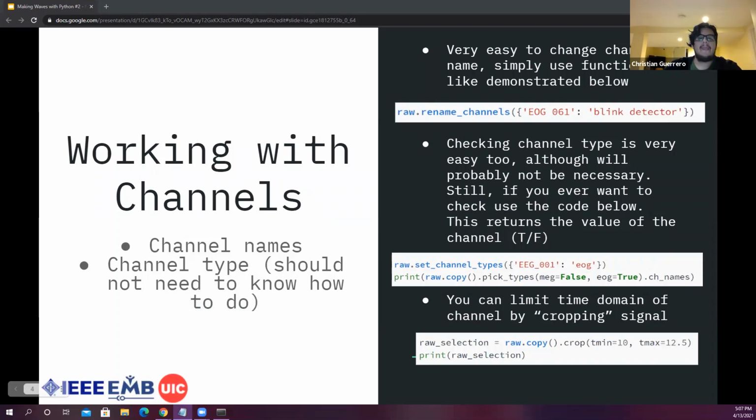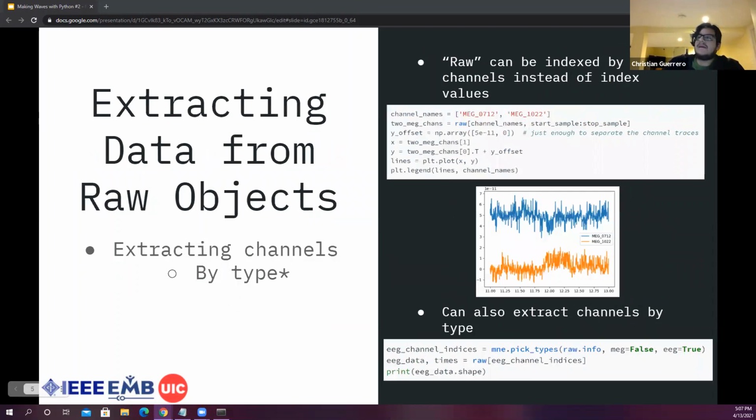One other thing: you can also extract data from objects. You can extract channels, individual channels or certain channels, and you can also extract the data by type. As we mentioned before, we have 3 different types of data: MEG, EEG, and EOG. So if you only care about one type, in our case probably EEG, you can extract that data. This top code, which I won't run since it's pretty self-explanatory,